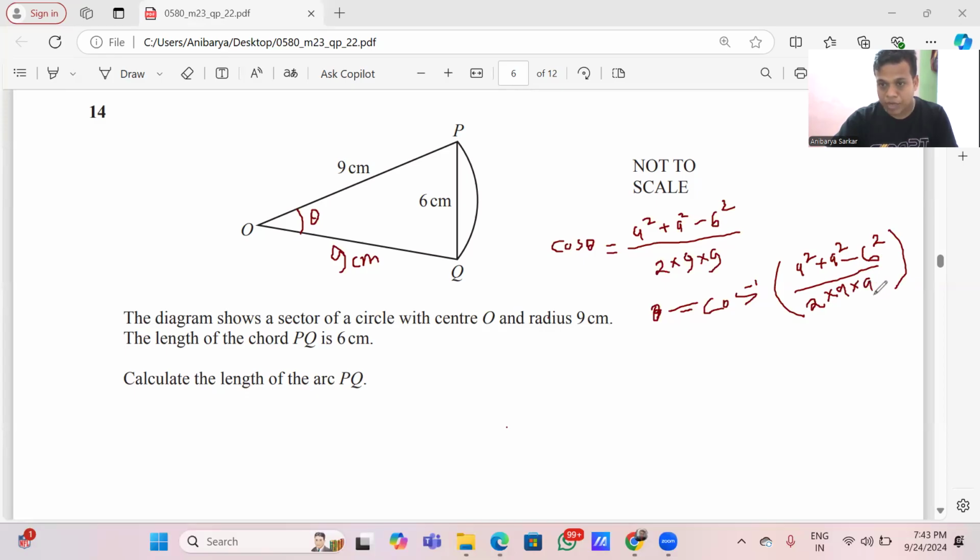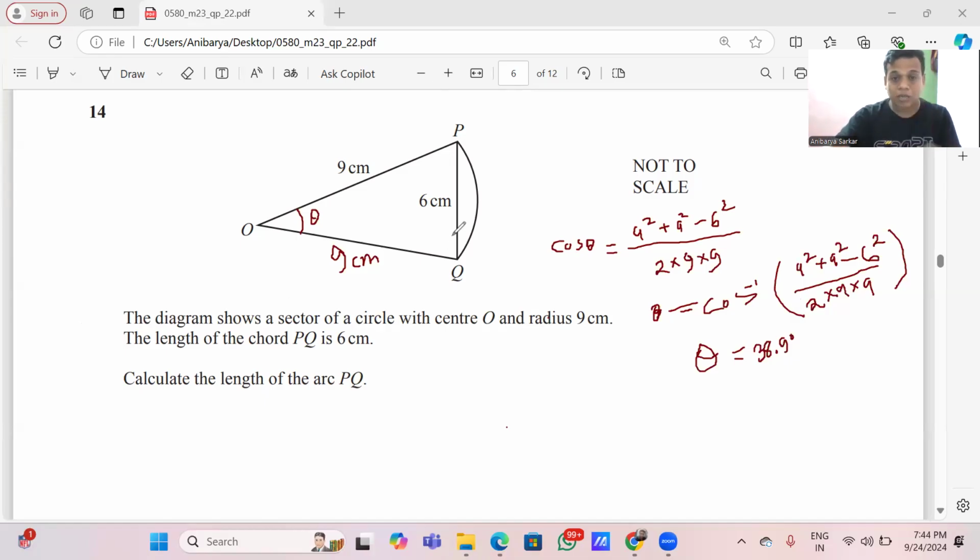By using this, you can find theta. The value of theta is 38.9 degrees. Once you get theta, now you can easily find